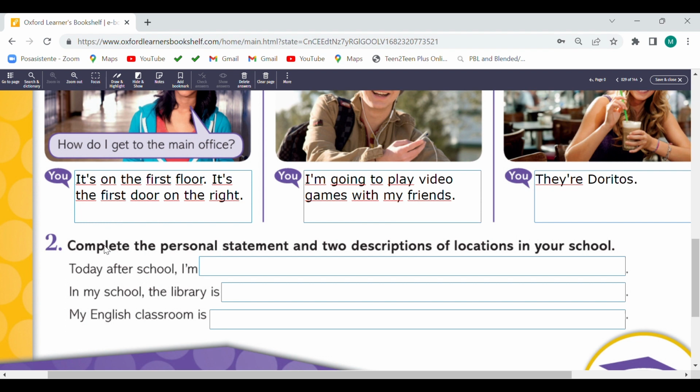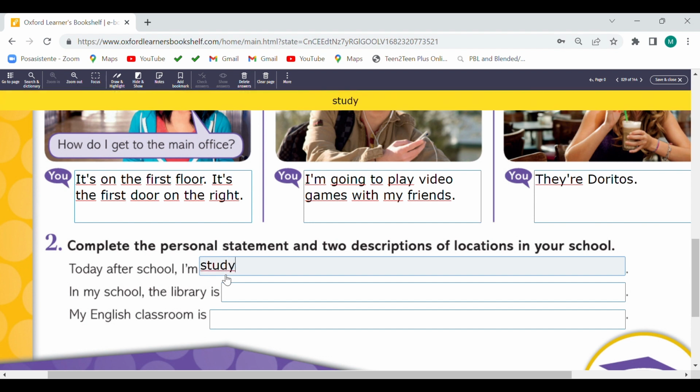Exercise number 2. Complete a personal statement and 2 descriptions of locations in your school. Today after school, I'm going to study English. Okay.